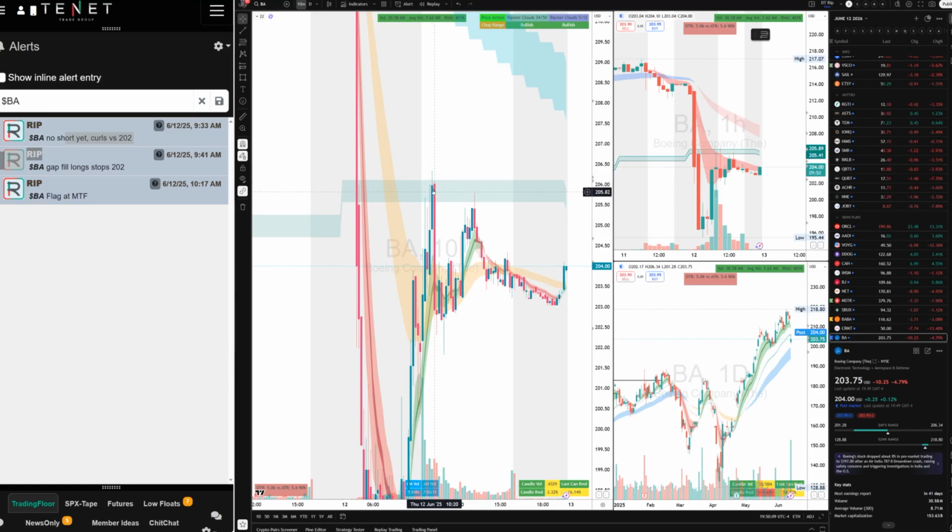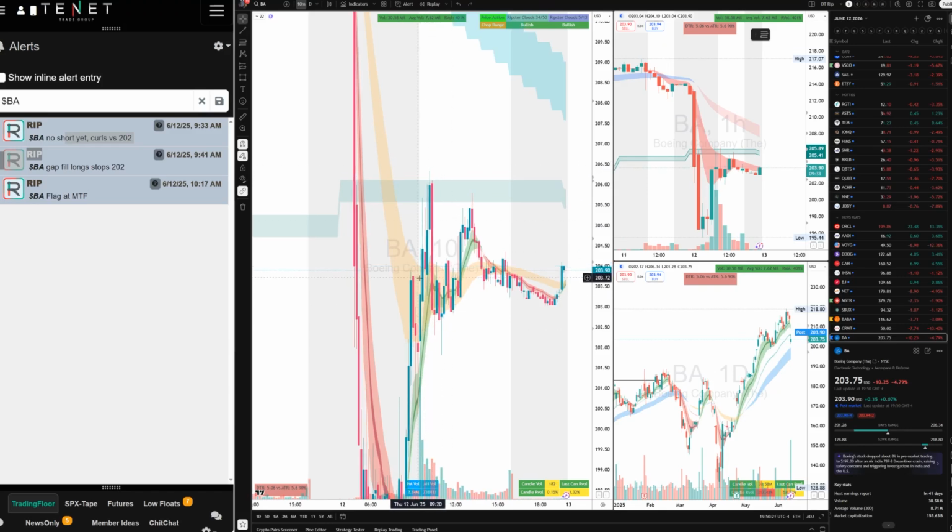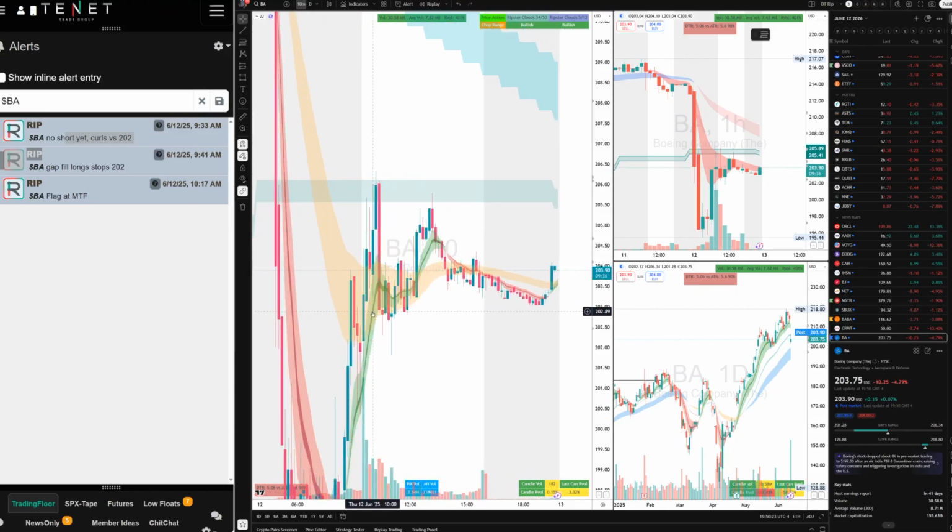But this is again our MTFs. It's not easy to cross it, and then it flushed, and then it broke down, and I told the traders to get out. Again, you can see that it could never push over the MTF, so it was not high conviction. You could scalp it from the morning longs right from here when it started to curl. Then I told the traders, curl, but you have to step away when you see these kinds of rejections.